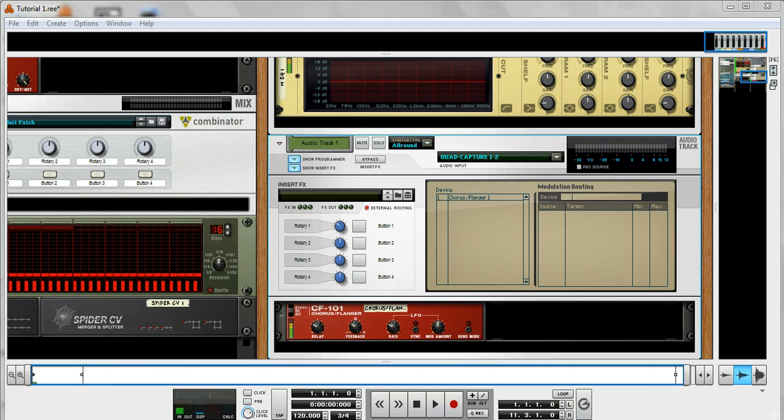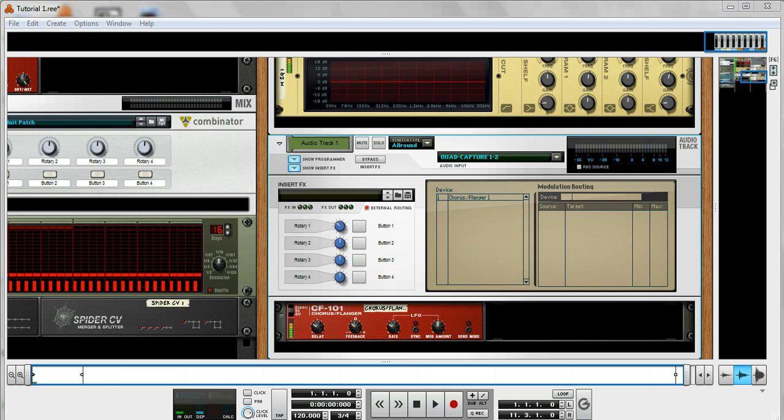Okay, hey, this is part 3 of tutorial 1. Hopefully, I think this is probably the last part of this tutorial, and then we'll start breaking down the individual devices and looking at those in a lot more detail for you. But for now, just to finish the tour of everything that's in Reason Essentials,